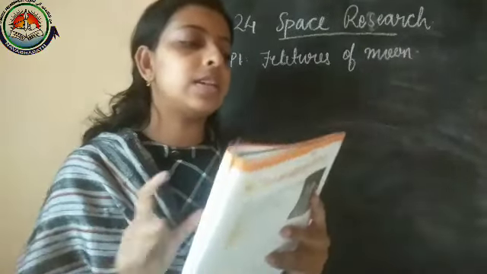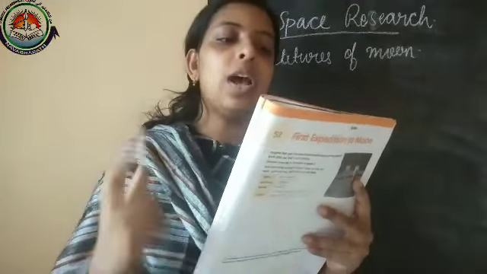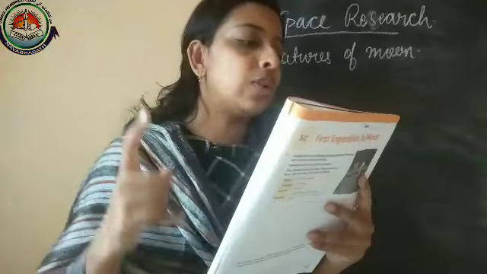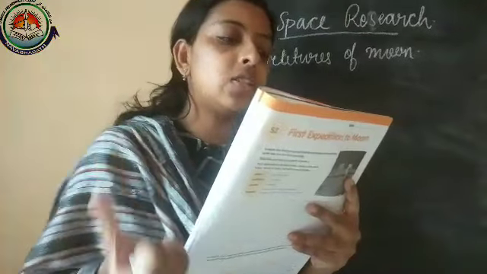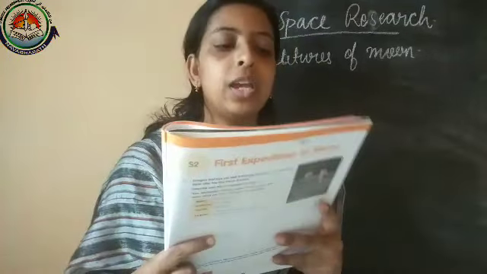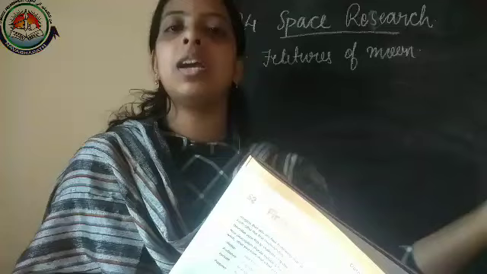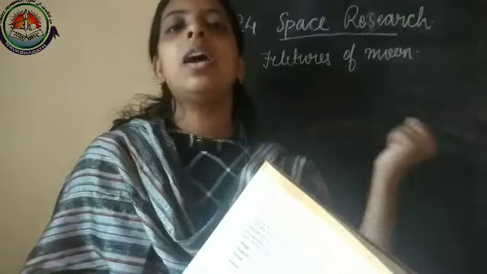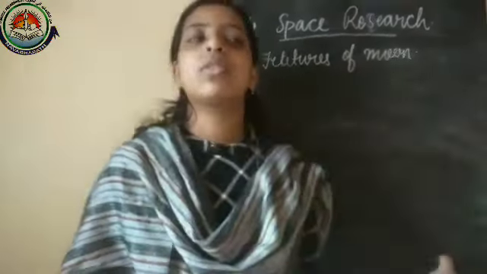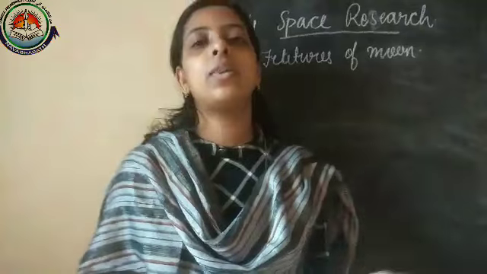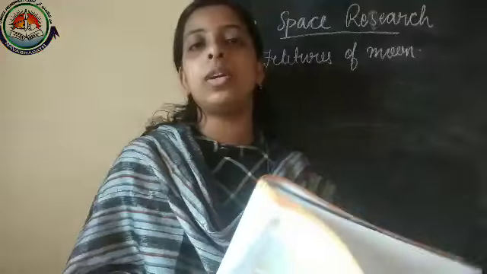The first question asks you to imagine that you are an astronaut visiting a school. Write a speech of about 10 sentences to get the students interested in the moon, and your speech should include 5 interesting facts about the moon. First you can introduce yourself: yes, I am an astronaut working at ISRO, the Indian Space Research Organization. Then you can write about the features we discussed in this lesson. But it's not necessary, you need to write only the second one.